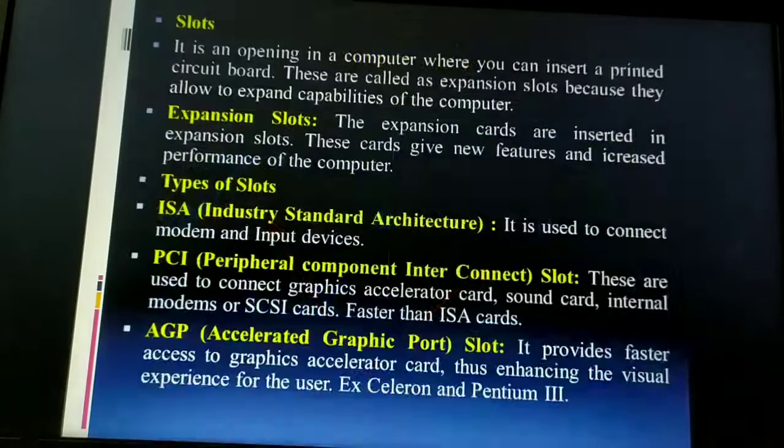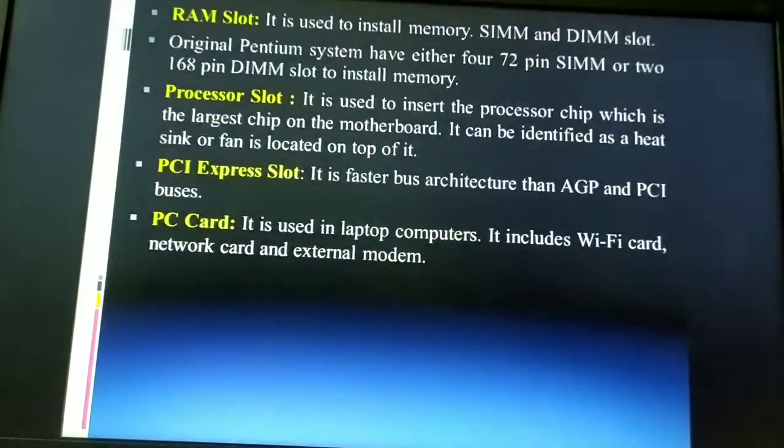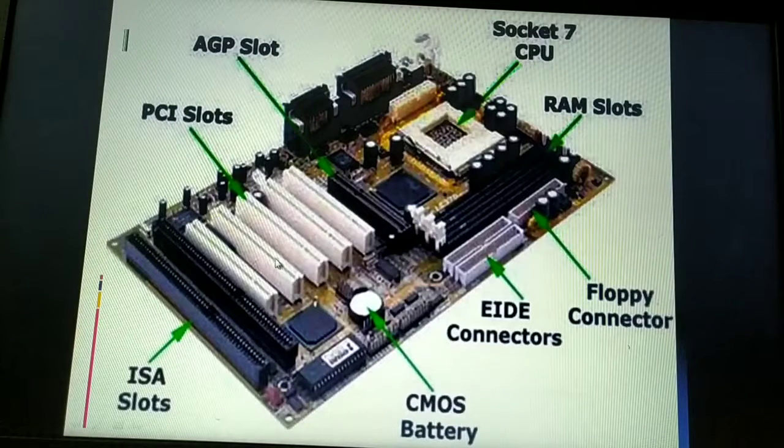Moving on to the next, that is the slots. I'll show you. Now these are called slots. Slots are nothing but an opening in a computer where you can insert a printed circuit board. Slots are usually called expansion slots.